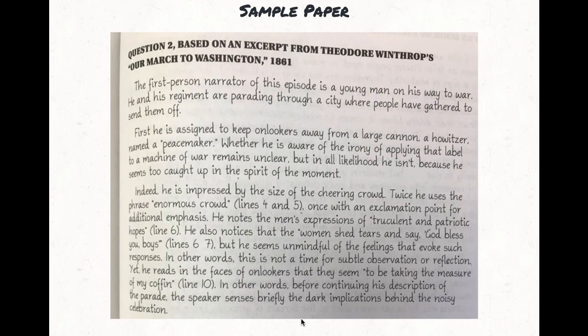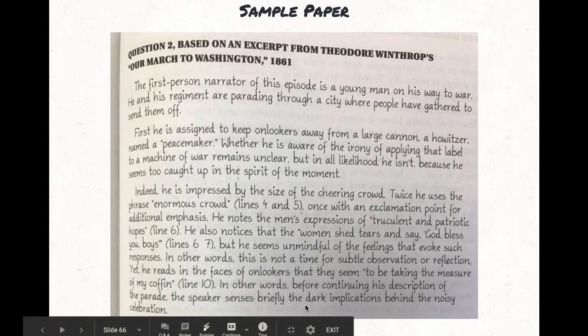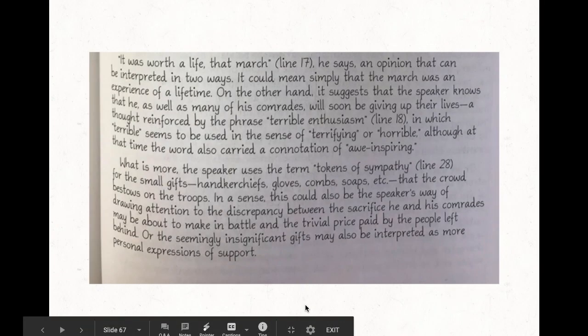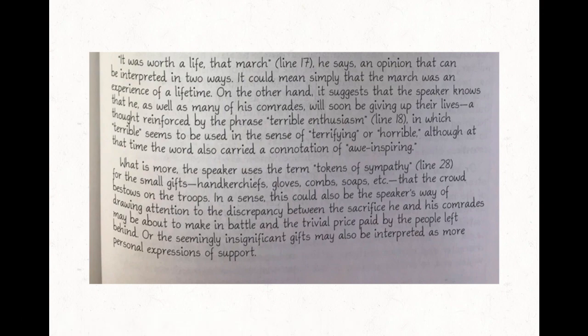Yet he reads in the faces of onlookers that they seem to be taking the measure of "my coffin." In other words, before continuing his description of the parade, the speaker senses briefly the dark implications behind the noisy celebration, if however briefly. "It was worth a life, that march," he says, an opinion that can be interpreted in two ways. It can mean simply that the march was an experience of a lifetime. On the other hand, it suggests that the speaker knows that he, as well as many of his comrades, will soon be giving up their lives, a thought reinforced by the phrase "terrible enthusiasm," which is an oxymoron, in which